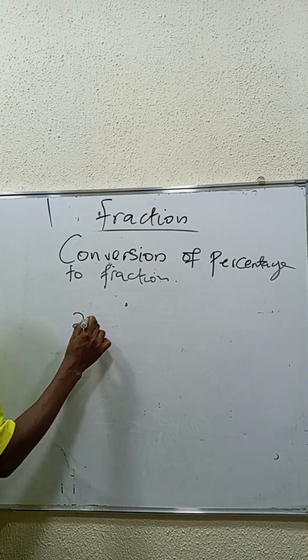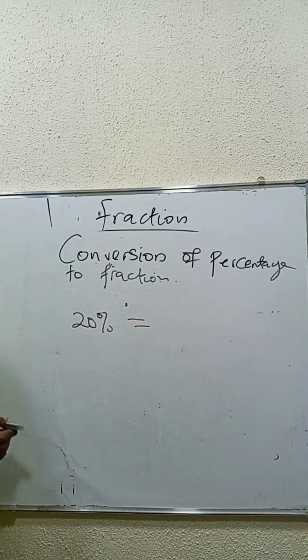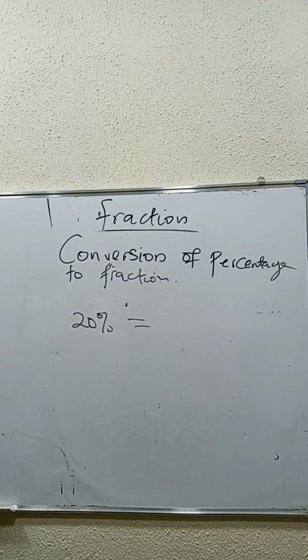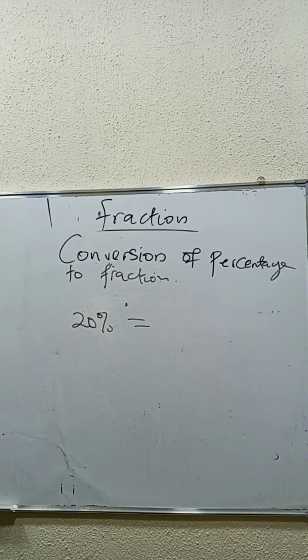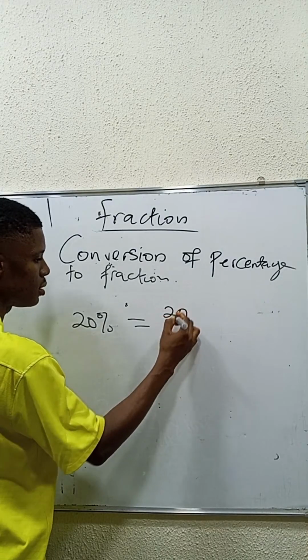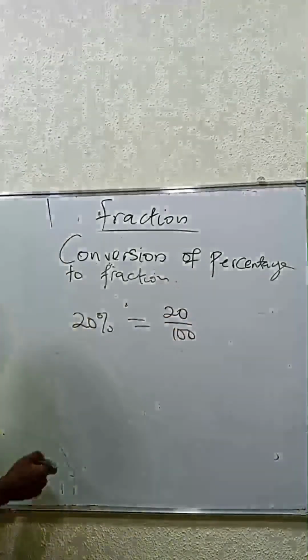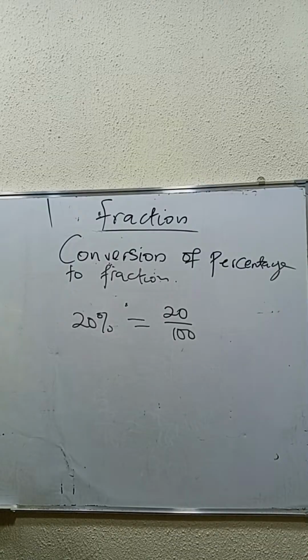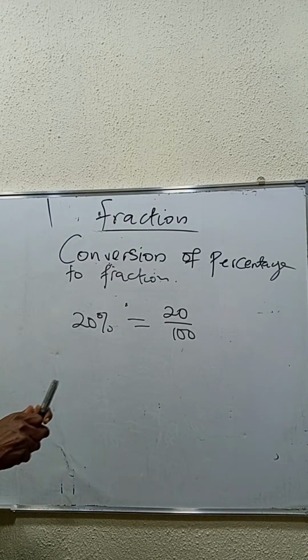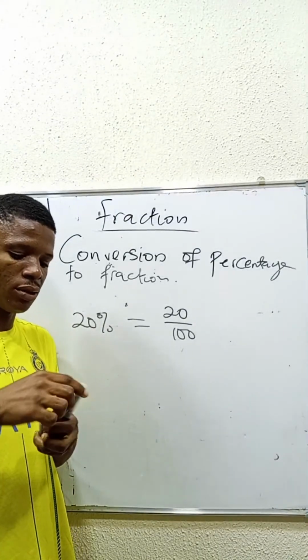Let's say you have 20% and you are expected to convert this 20% to a fraction. It's very, very easy to do. Do you know what to do? All you have to do is to write it as 20 over 100. Since you are dividing by 100, all you got to do is to cancel out